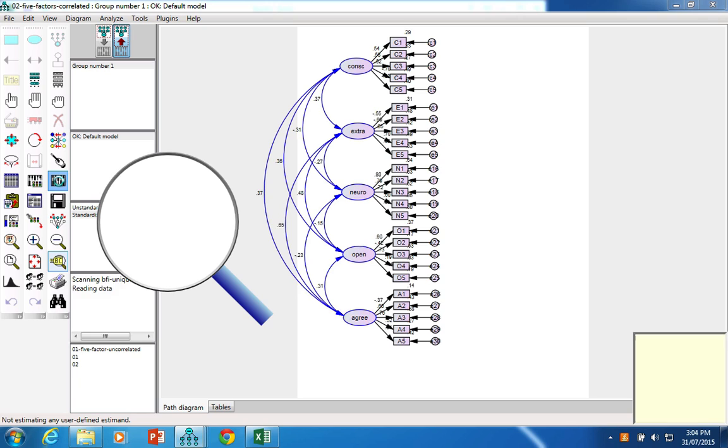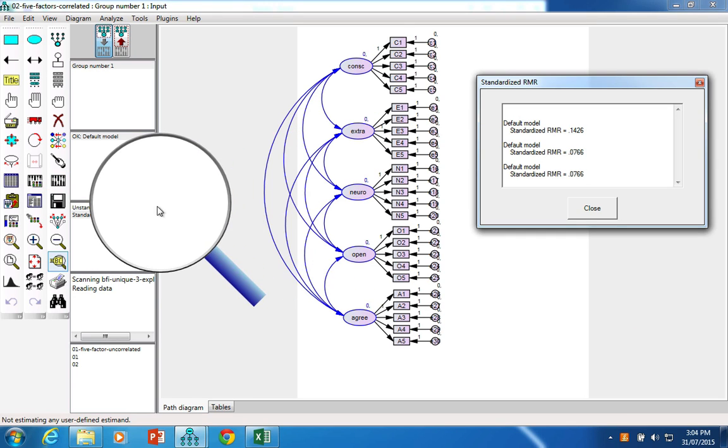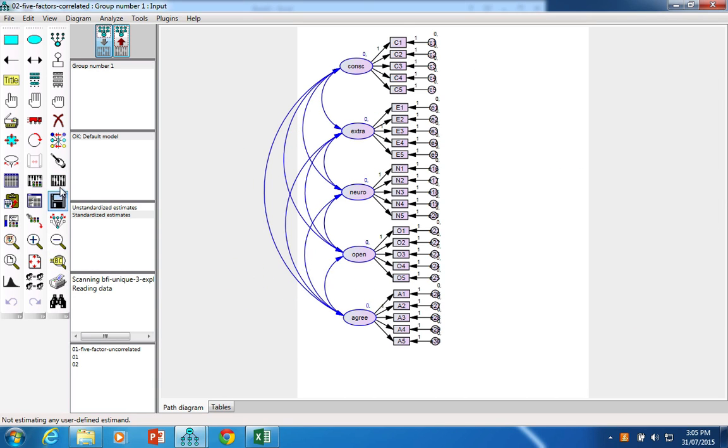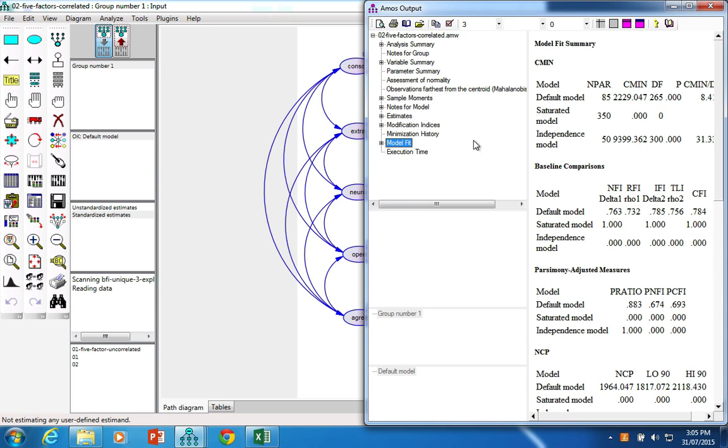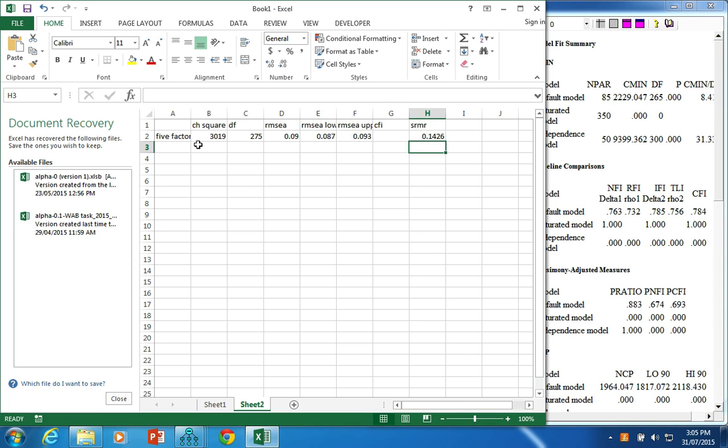And I could go into the output and pull out that fit information. So now we've gone down to 2229. So 5-factor correlated is 2229. So we've improved things by 800. Some say that if you improve by more than